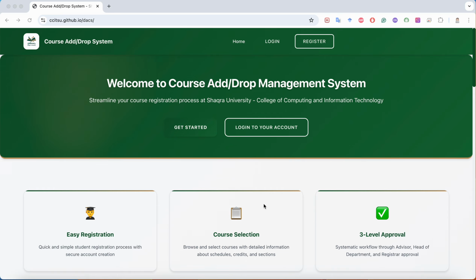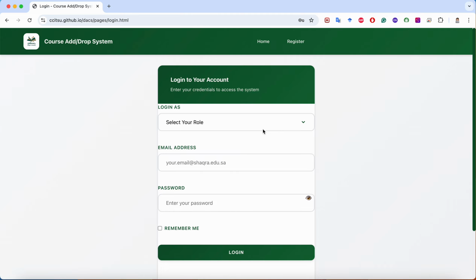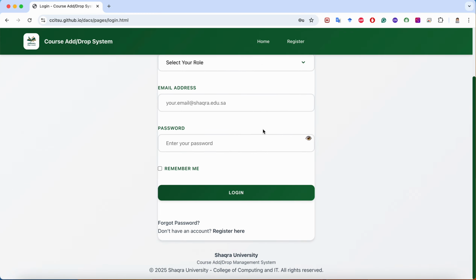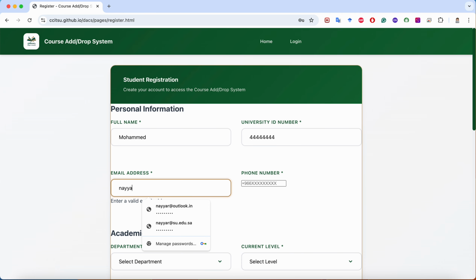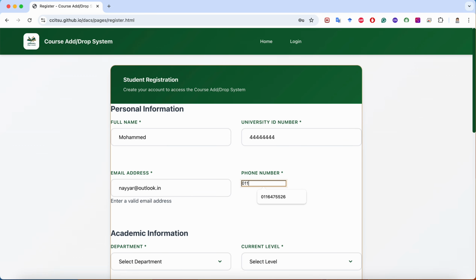So if you have a username and password, you can try to log into your account directly, but I believe that you are a new user, so you can try to register yourself. Let me place a random name, let's say Muhammad, and the university ID 44444444, just to test it dynamically, and I will select my own private email just to test the system, and then my phone number,